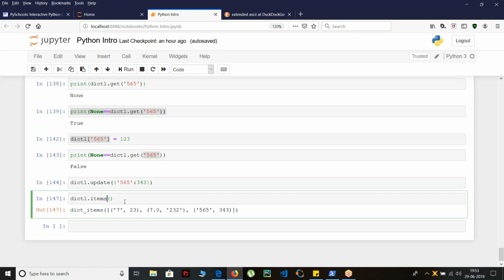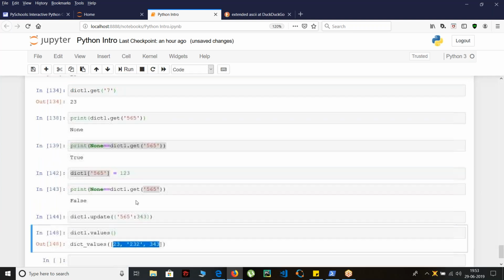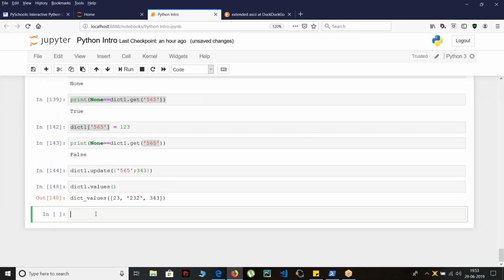And you can also, if you want, get only values present in the dictionary. So you will get a list of values present using this function. So these are the basic dictionary functions which you can use. And yeah, coming to your question, Dinesh, we have another object which is called a set,